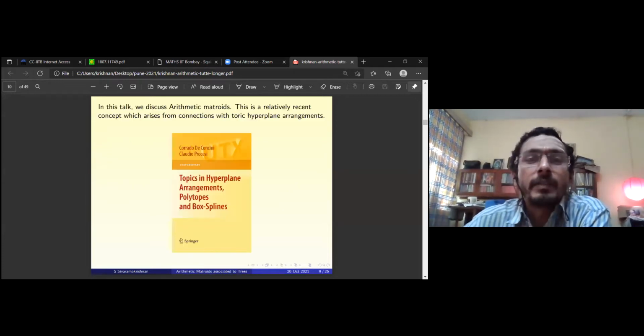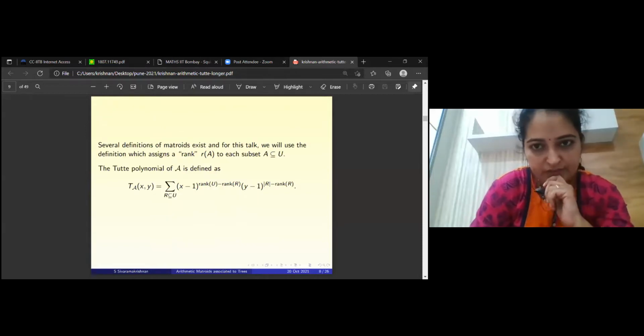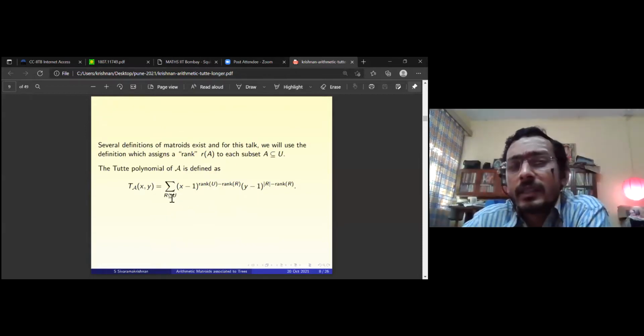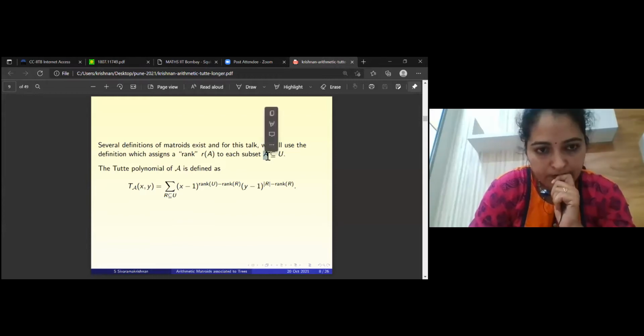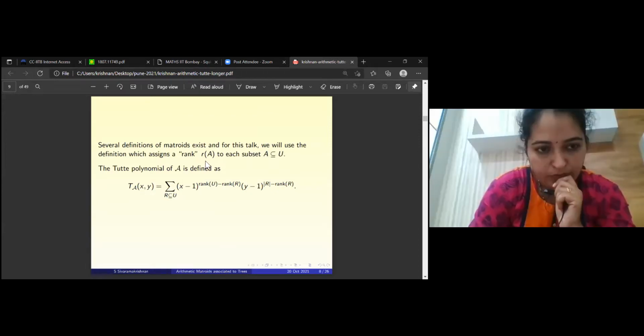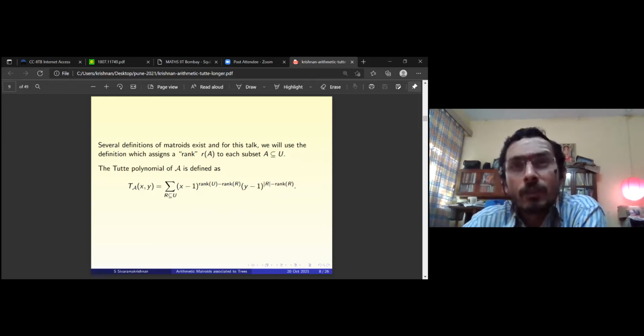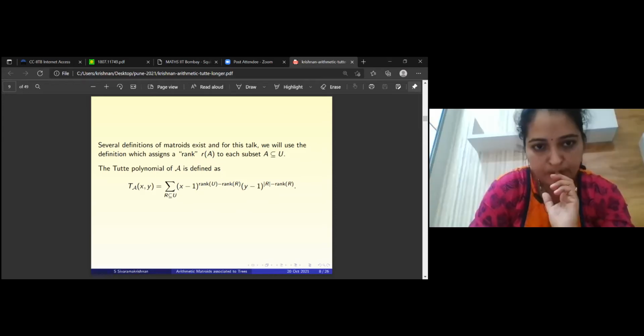All right, so what is R in that definition? R is any subset of U. For every R, there will be a rank of R. To find the Tutte polynomial, we first take U, and for that U you get this summation. U is given, U is fixed. U is the list of vectors that we start out with.